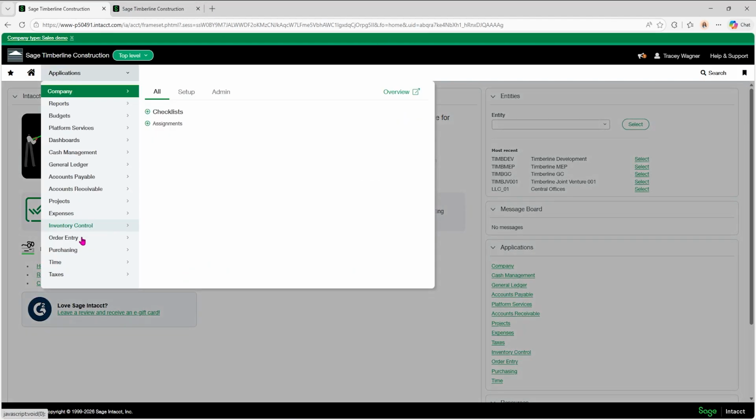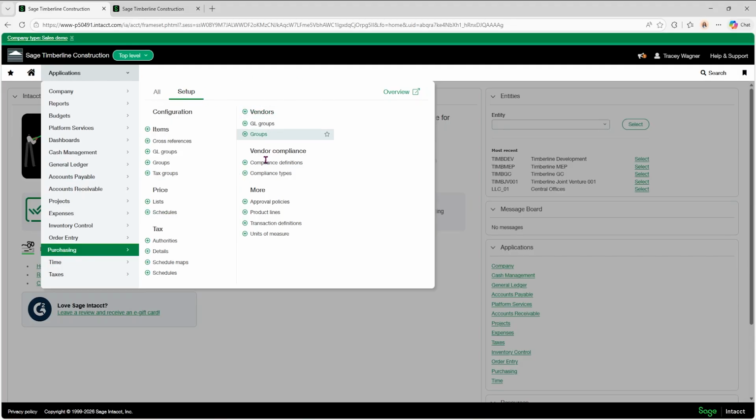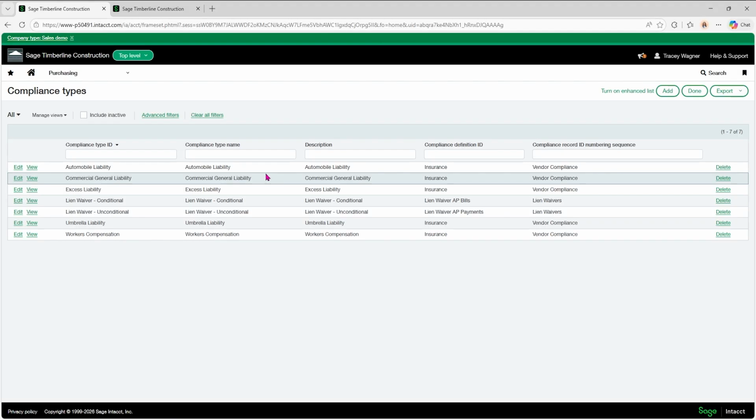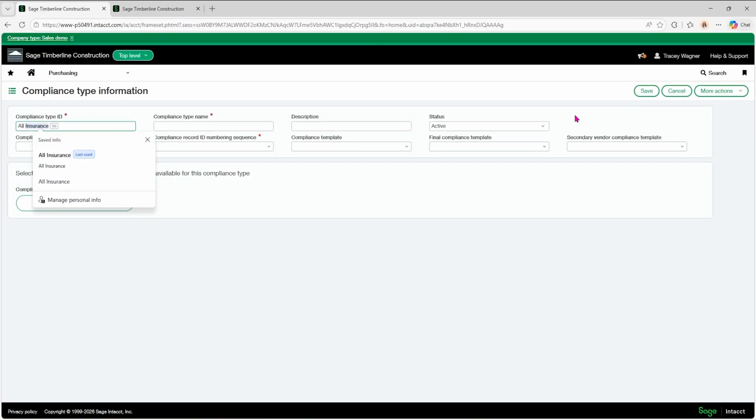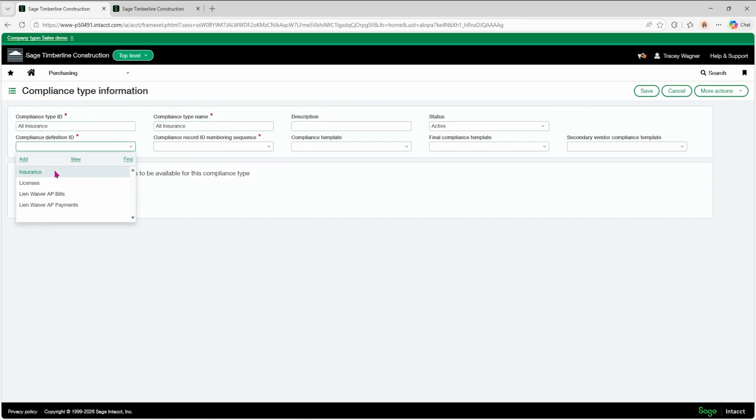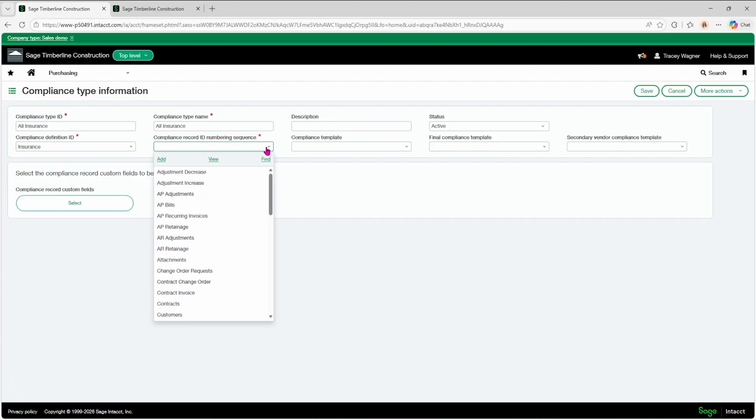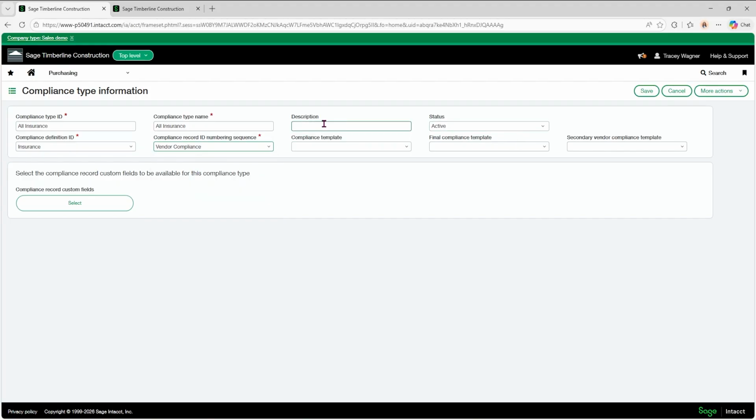I'm going to go back to purchasing and setup and compliance types. I am going to create a new compliance type called all insurance. The compliance definition is going to be insurance, and for the numbering sequence, we're just going to use vendor compliance, and we don't need any of these other fields filled out.